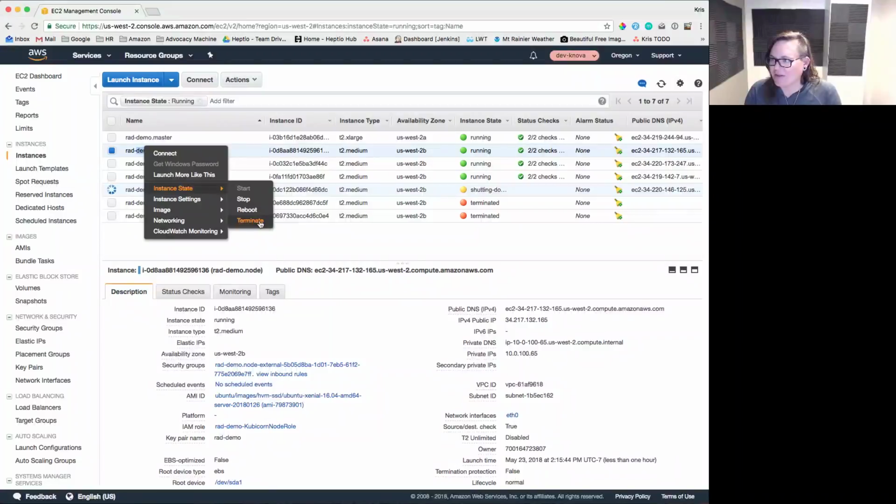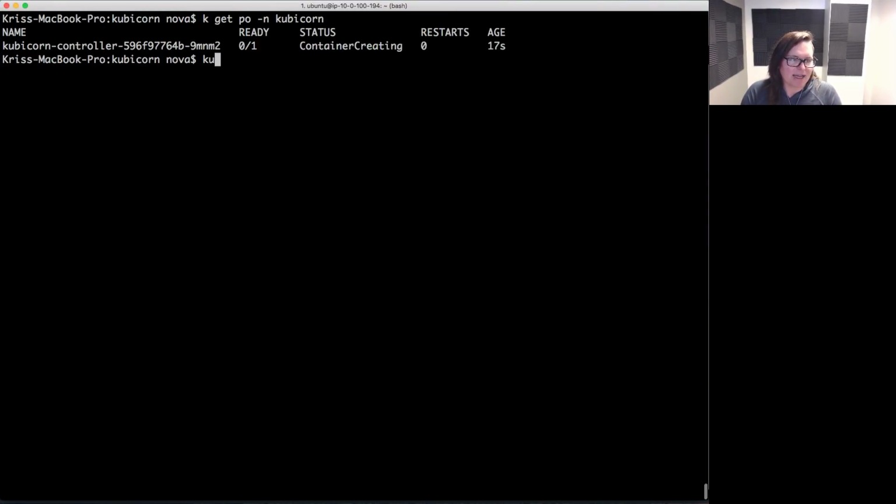Hopefully, if all goes well, the autoscale group won't redeploy the other node, and you'll be able to bring down all the nodes in the Kubernetes cluster, which will take the controller offline, and then you can shut down the rest of the cluster in general. So as we're doing all of that, we're going to run our Kubicorn delete command. So Kubicorn delete